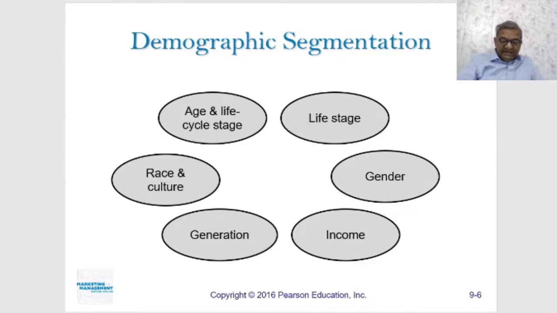Now, Titan made the first entry into the children's watch category in India. This was through a brand called Dash, and it was targeted at children with the age group of 6 to 14 years. However, this brand was withdrawn because it was felt that the timing was premature, as parents were not ready to spend on kids' accessories at that point of time. But subsequently, realizing the potential of this segment, Titan re-entered this market with a brand new name called Zoop.